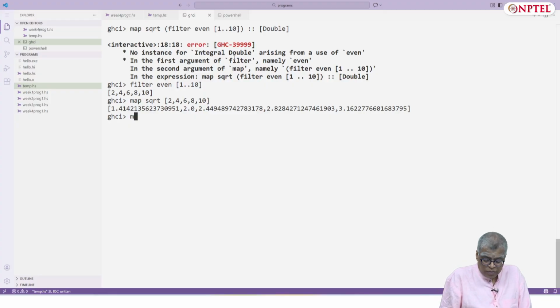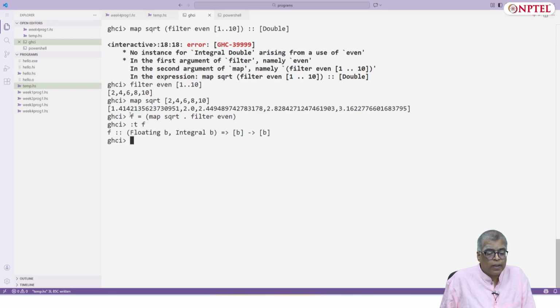Okay, so another way to do the same thing is, as I said, to do map square root dot filter even applied on 1 dot dot 10. Let's say f equals that, and let's ask for the type of f.